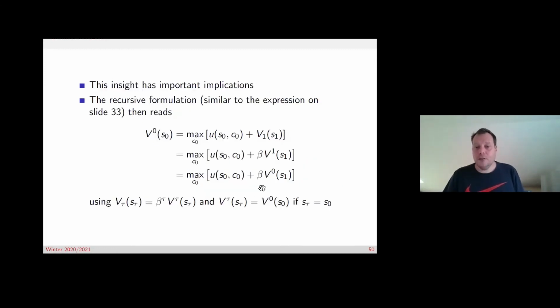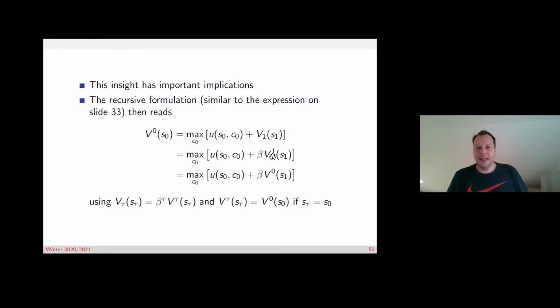So what we can do is we can just get rid of this time index, so to say. So there's no time anymore involved in the form of the value function. It's only involved in the indexing of the state and of the control. Okay, and this is obviously due to the assumption that the problem is autonomous, right? So time does not directly enter this problem. Okay, so if you want to consider things that change over time, you have to put them some way or another into the state, right? This is the important insight.